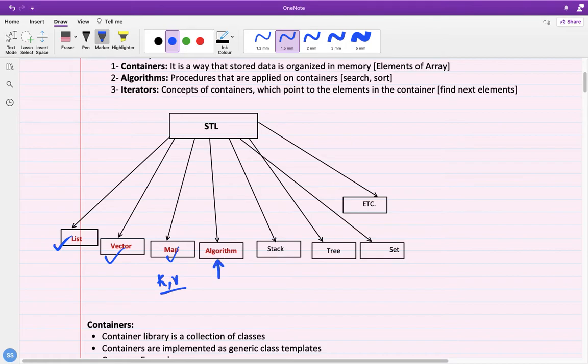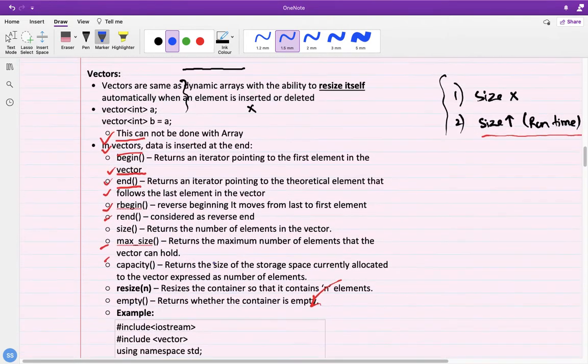Algorithm we are going to discuss, but algorithm would provide you ways where you can apply some procedures over arrays, lists, vectors or maps. For example, if we can do binary search over an array or a vector, that would be a great thing without creating code for binary search. The inbuilt template classes that provide algorithms would be super easy. So let's come to the algorithm part now.